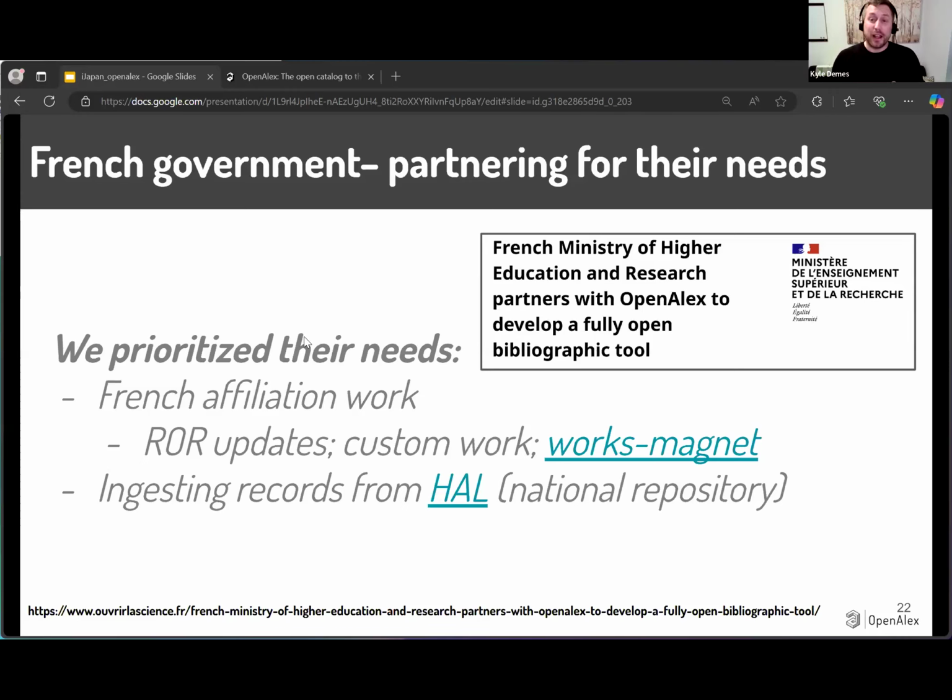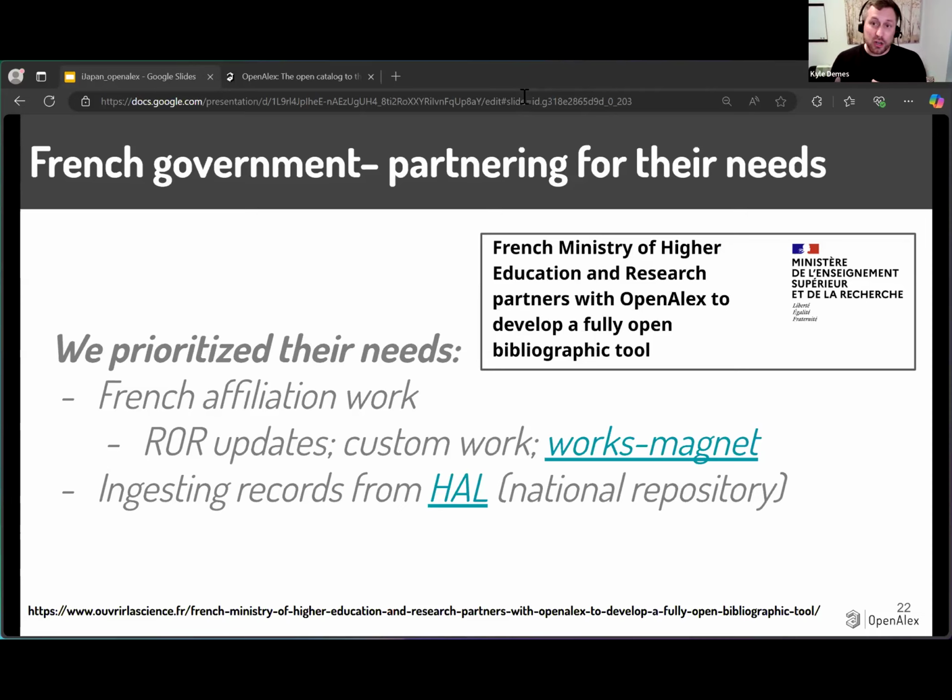The first is prioritizing affiliation work. French affiliation metadata is different than everywhere else in the world. They have really complex reporting structures for their universities in a way that no one else does, so they can't use open metadata unless that's fixed. And so we worked with them and collaborated with ROAR to get some of that work updated.